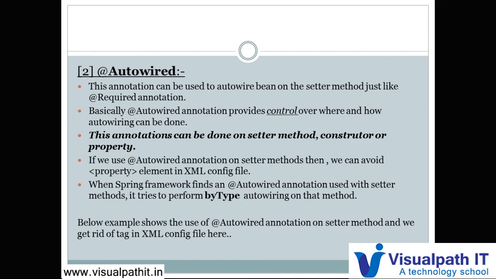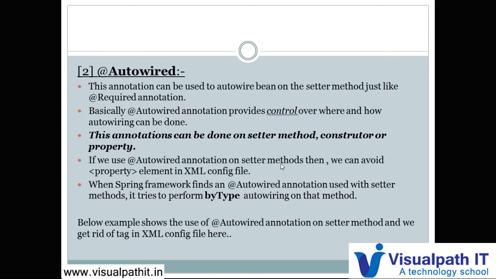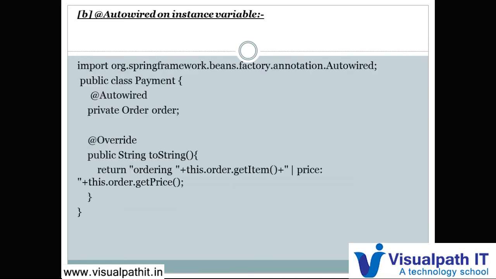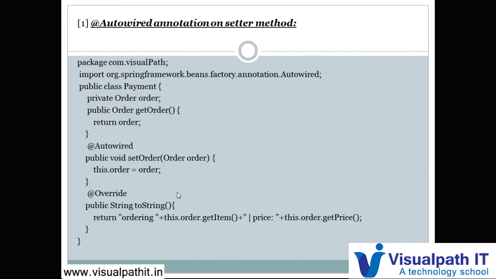This can have an attribute, like required equal to true, that is whether it is mandatory or not, as an argument. By default that required is always true. Let's see the examples. If @Autowired required is equal to true, it means that only that particular constructor where we are marking required equal to true will be true, remaining will be false. That is how it is defined.